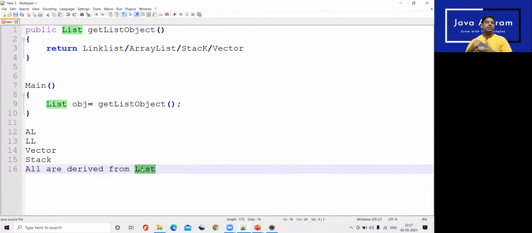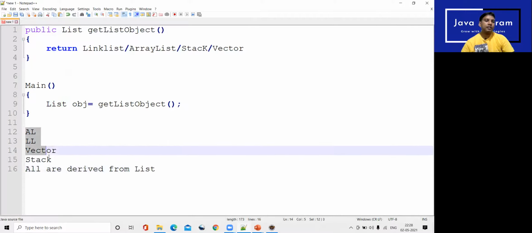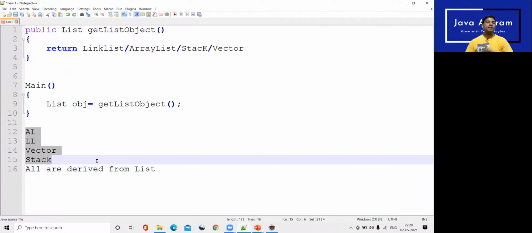We can hold any kind of object which is derived from the list, right? So these are all the classes that have been derived from the list interface. So all these classes should be able to hold, and this list should be able to hold the reference variable of all those objects.